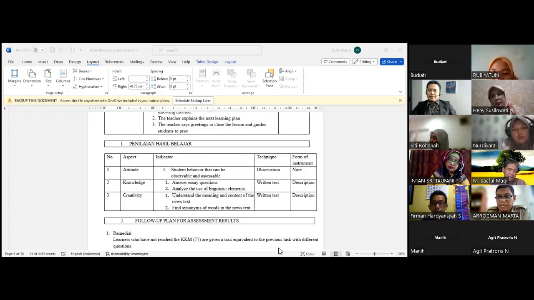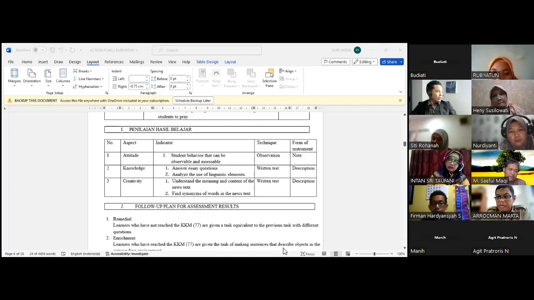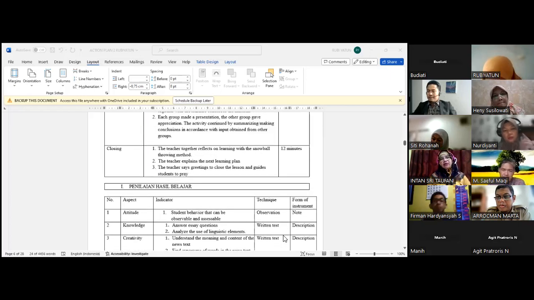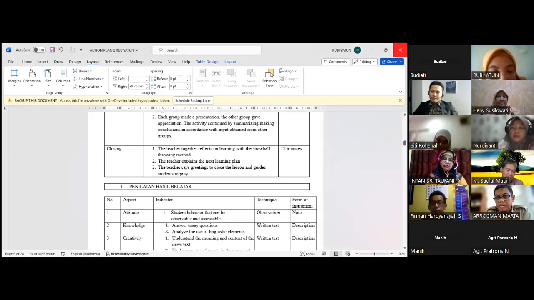Okay, one last participant before I give the suggestions. Miss Ati is raising her hand. Come on, Miss Ati. Yes, I think it's quite noisy here, so I'm really sorry. Can you hear my voice? I'm on the bus currently.